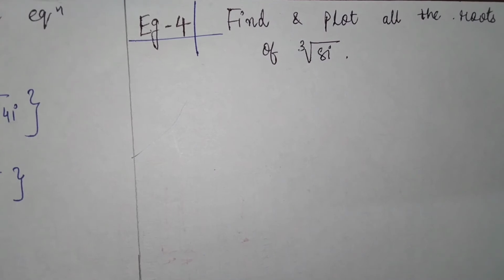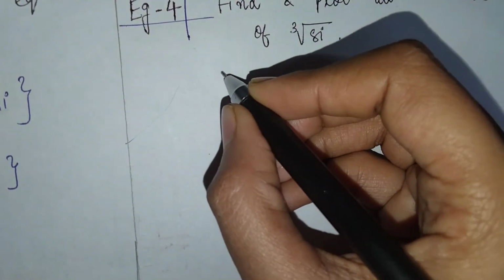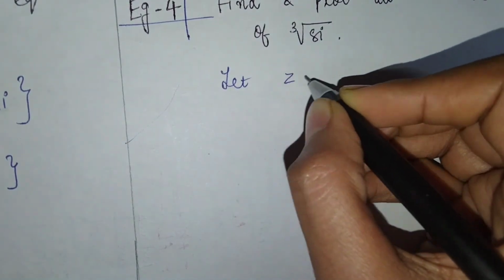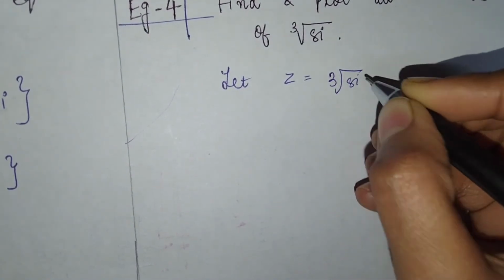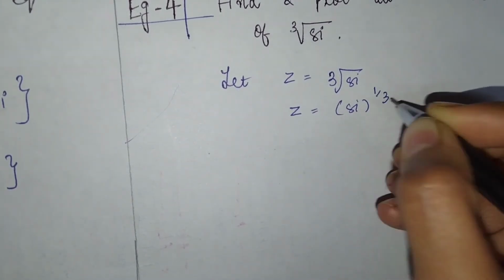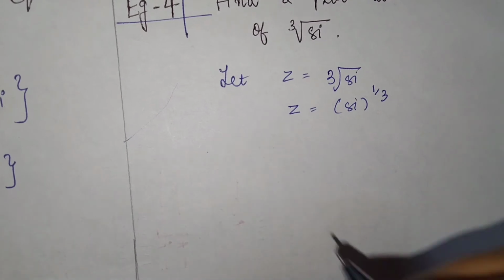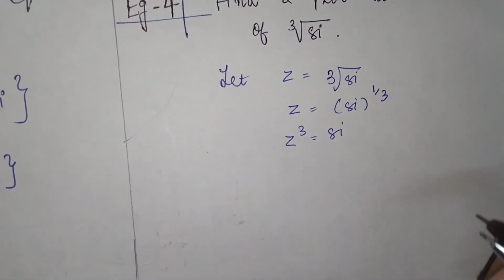Okay, example 4, find and plot all the roots of 8i cube. Okay, so first of all we will take, let z equal to, this is given, so we can write z equal to 8i raised to 1/3. Okay, so we can write z cube equal to 8i. Therefore